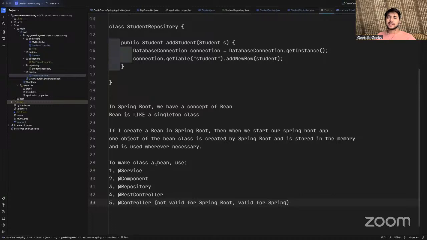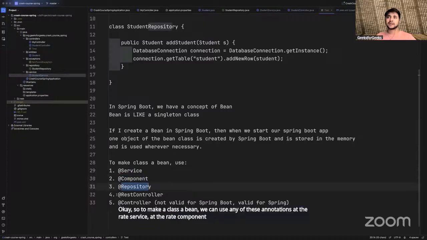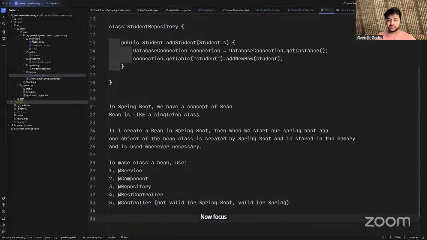So to make a class a bean, we can use any of these annotations: @Service, @Component, @Repository, @RestController, @Controller. Now focus on what I'm going to say.